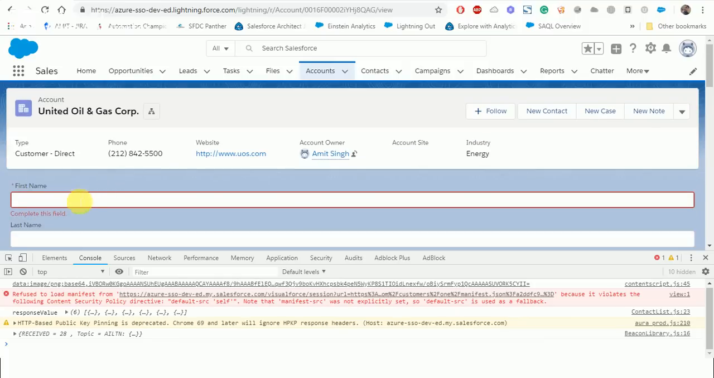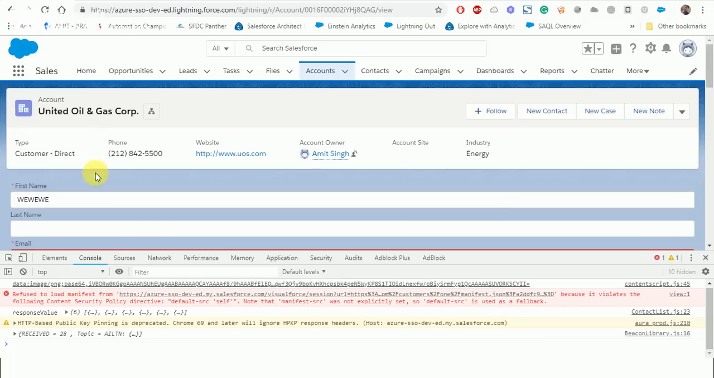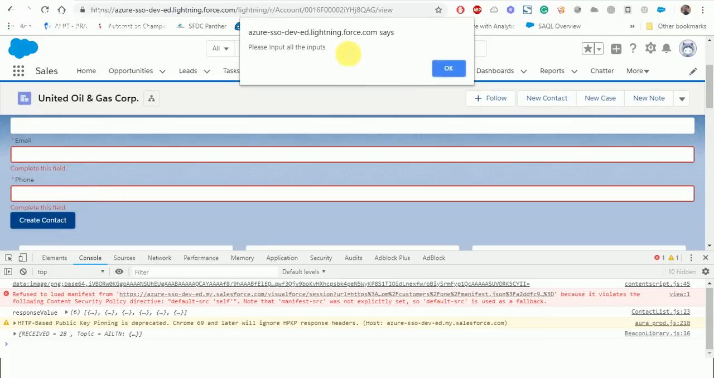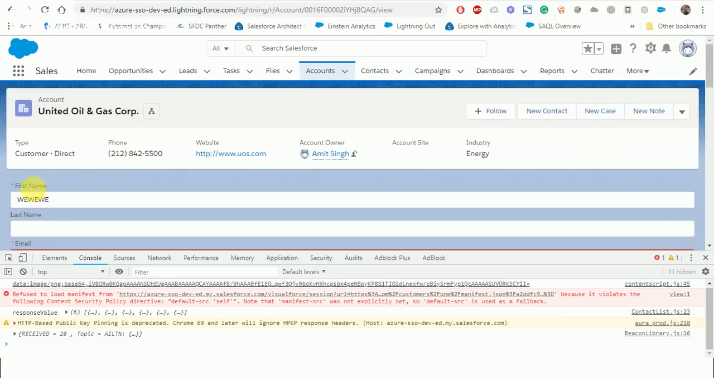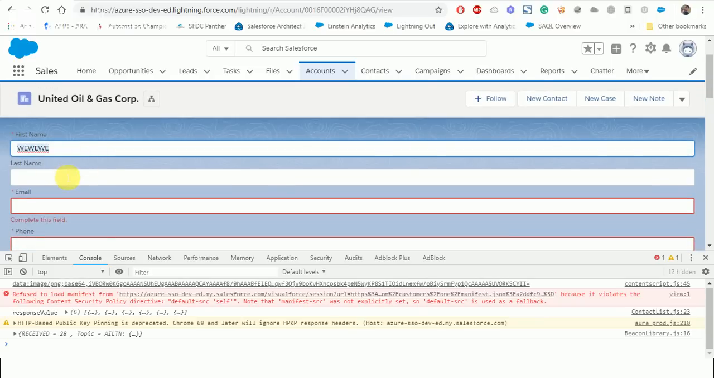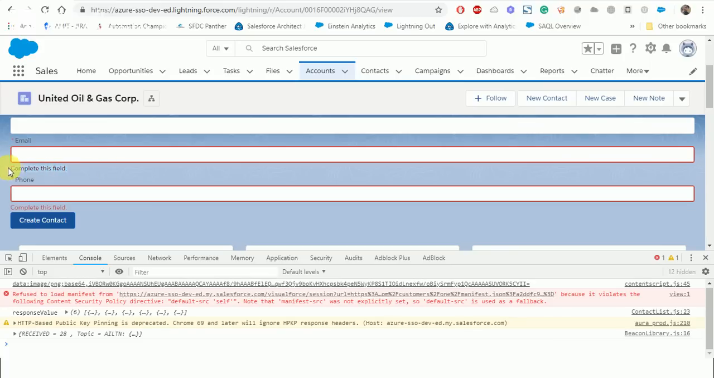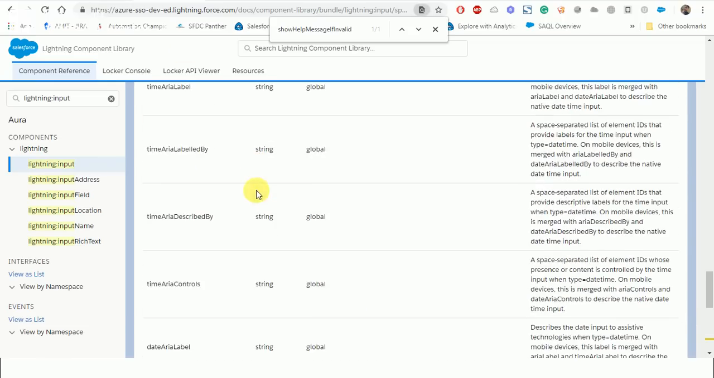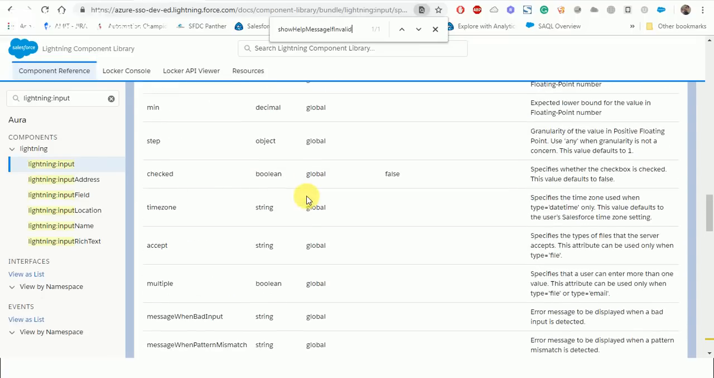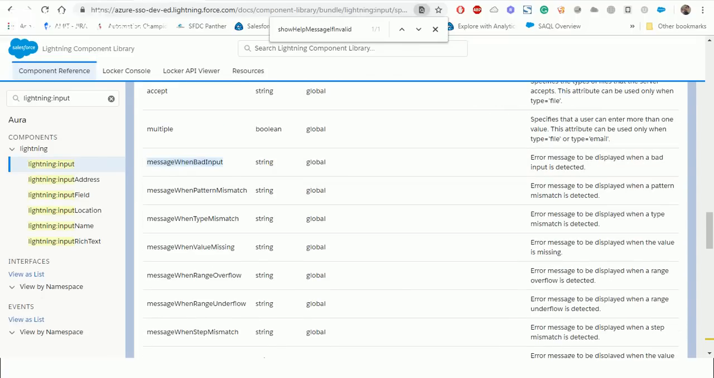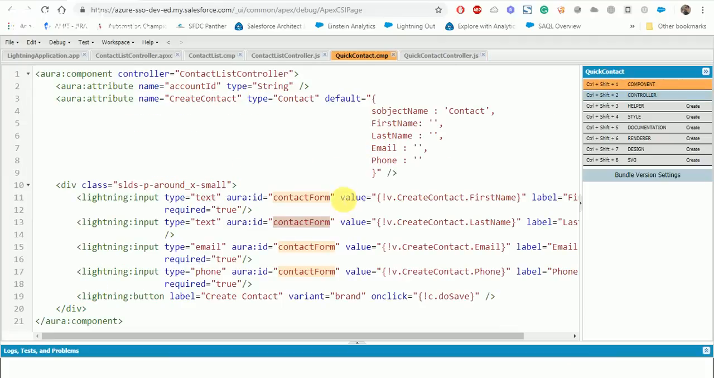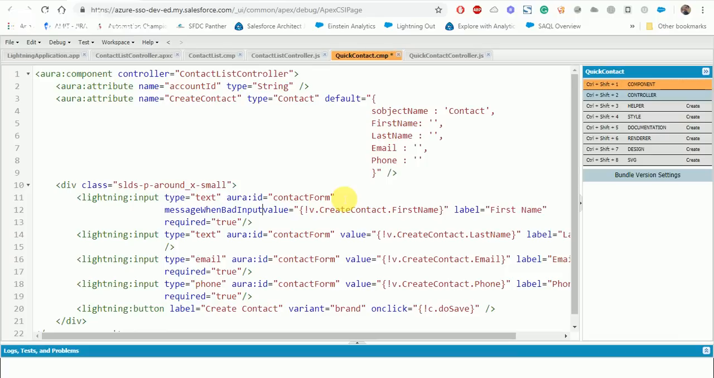complete this field. Let's say that I'm providing the value for this field, clicking on create contact, you can see that we are not getting any error message on the first name field because we are providing the value for this. And now what if you wanted to change the message, we can also overwrite. For example, here you can see message when bad input, you can just put, let me show you. If you wanted to use that for the first name, let me put message when bad input, please enter first name,